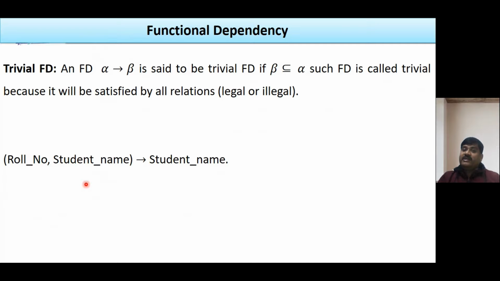So when alpha determines beta, if beta is a subset or equal to alpha, तभी आप कह सकते हो. अगर मान लो दो टपल के लिए रोल नंबर 1 और अमित एंड रोल नंबर 1 अमित सेम है तो ऑब्वियस है कि अमित भी सेम होगा ही, या रोल नंबर उसका पार्ट है तो रोल नंबर भी सेम होगा. So this is called the trivial FD.